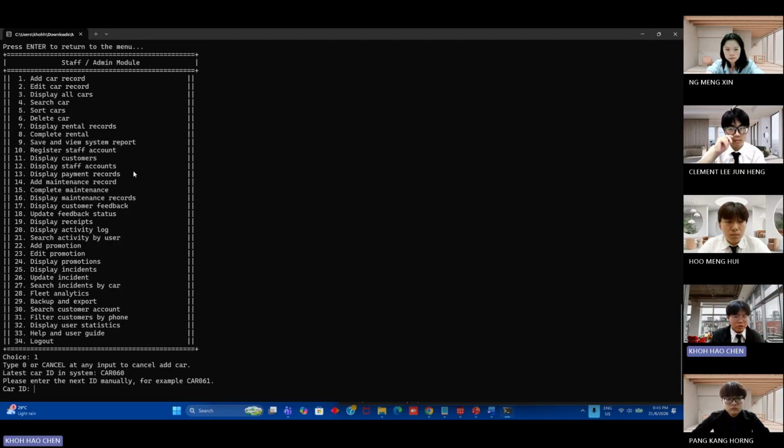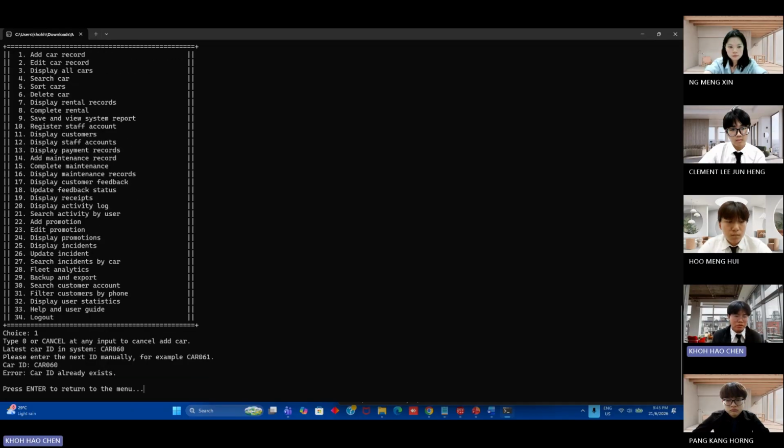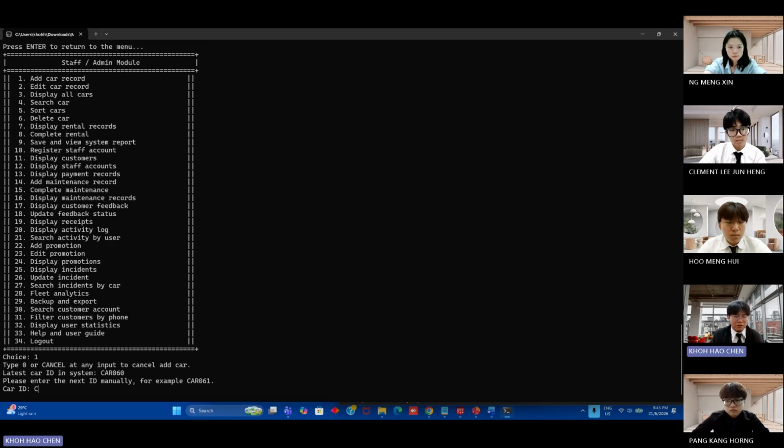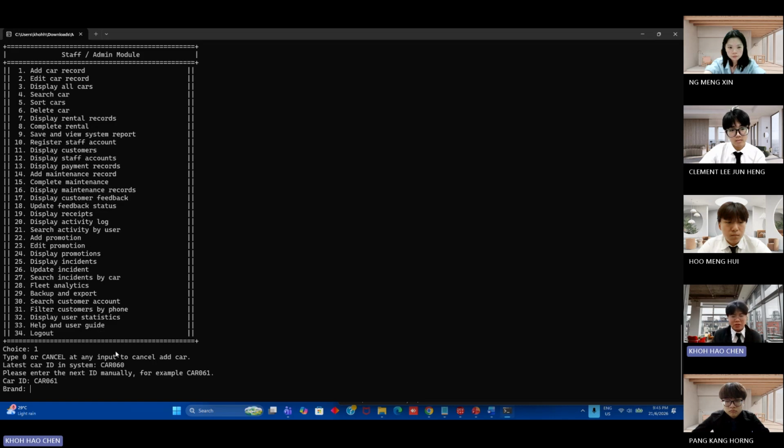Okay, so the latest car ID in the system is CAR060. If I enter CAR060, it will show car ID already exists. If I put CAR061 and press enter, it will proceed.